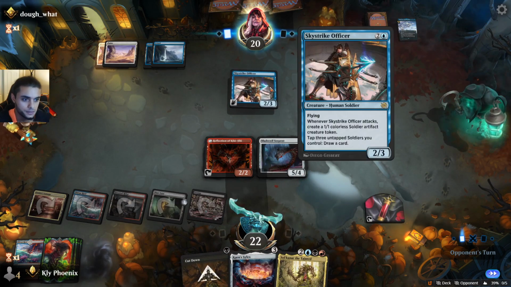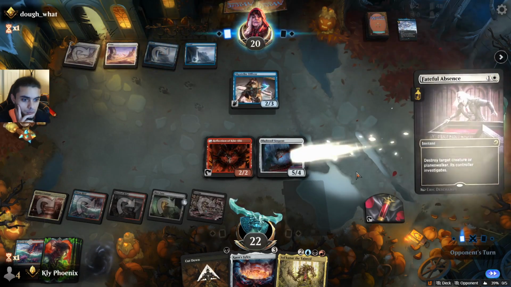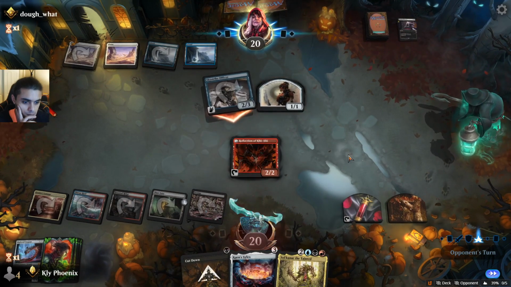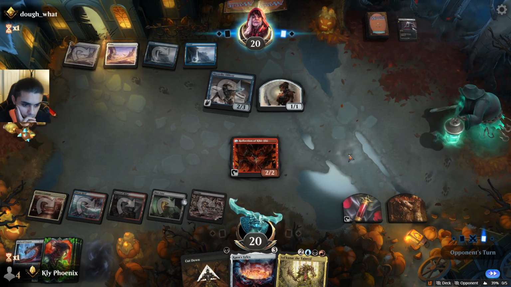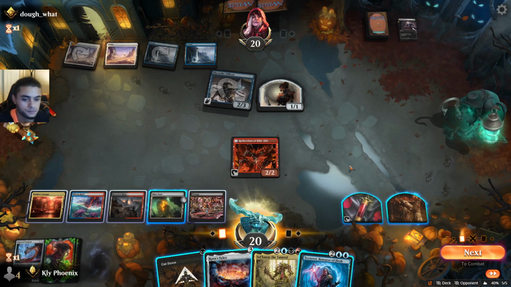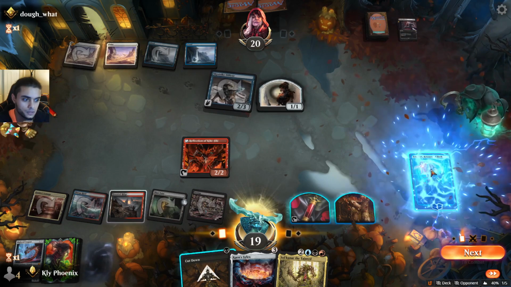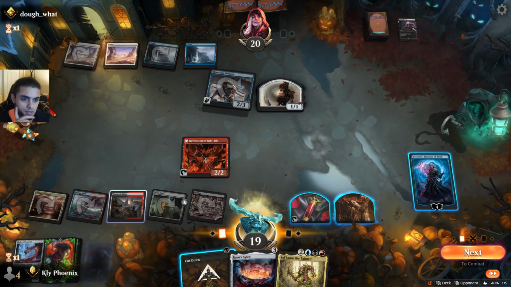Cut Down isn't bad. Yeah, they're doing pretty bad at the moment. Okay, that's fine. Okay. Ooh, interesting. They might have a counter spell, so let's just go for the Tezzeret here. No counter spell. Nice. Alright, we're gonna kill this, so...